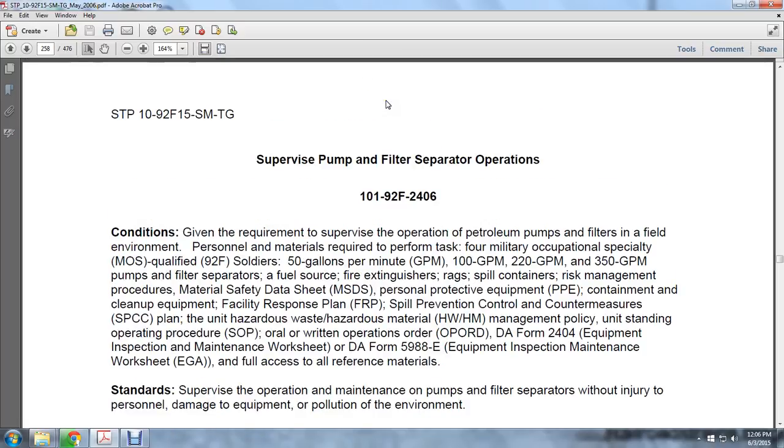Supervise pump and filter separator operations. This gives the requirements to supervise the operation of petroleum pumps and filters in the field environment, and the personnel and materials required to perform the task for military occupational specialty MOS 92F qualified soldiers: 50 gallons per minute, 100 gallons per minute, 220 gallons per minute, and 350 gallons per minute pumps, filters, and separators, fuel source, fire extinguisher, rags, spill containers, and risk management procedures, material safety data sheet, personal protective equipment, containment and cleanup equipment, facility response plan, spill control prevention countermeasure plan (SPCC plan), unit hazardous waste management policies, unit standing